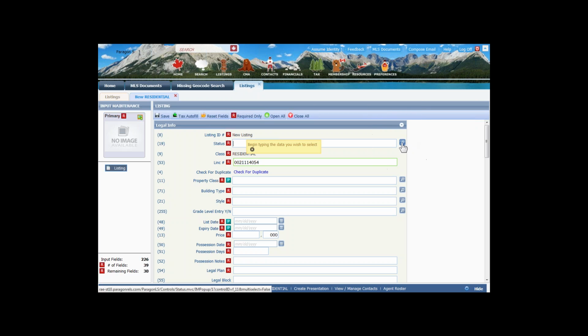And over on the right-hand side, notice that we have magnifying glasses. The magnifying glass indicates that that is a field that has a predetermined list of values from which you must pick. It's a lookup field. And there's several different ways of adding values to a field that has a lookup magnifying glass to it. One of them, I can just type in a letter, and notice how Paragon gives me